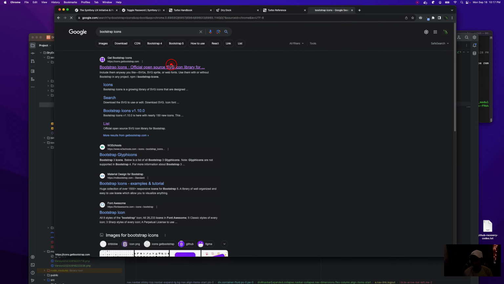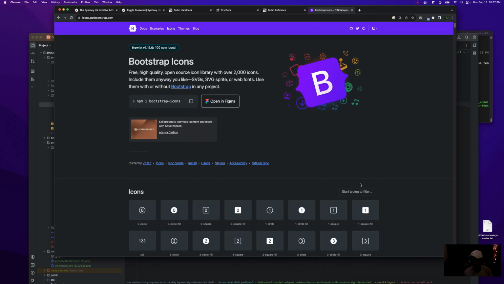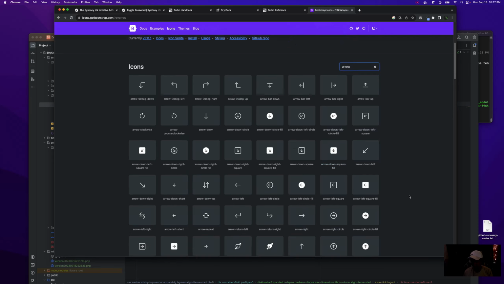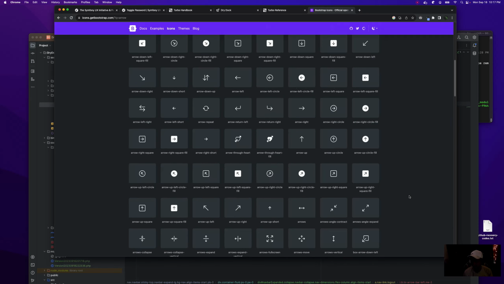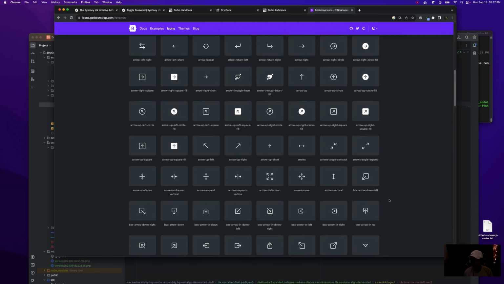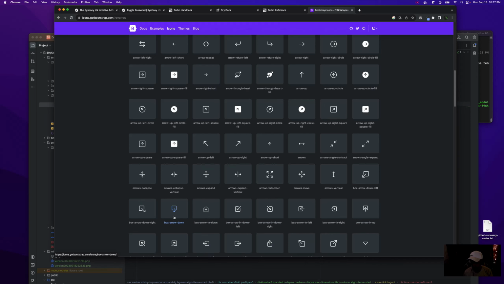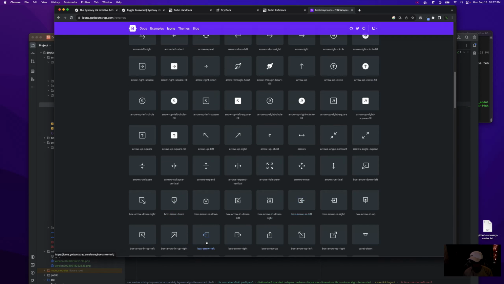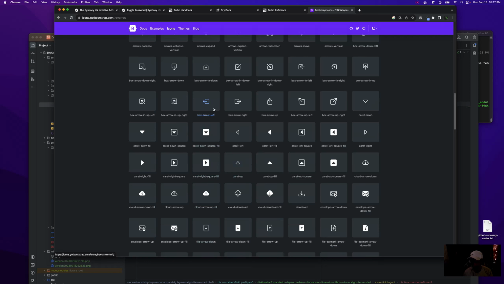I don't know. Do you guys know what I'm talking about? It's like an arrow busting out of a square, like this, but rotated. Like, oh, like that. There we go. Box, arrow, left. Yeah, I like how that looks.